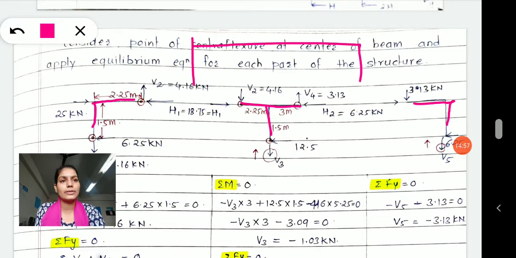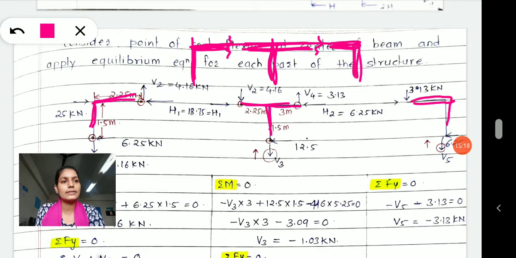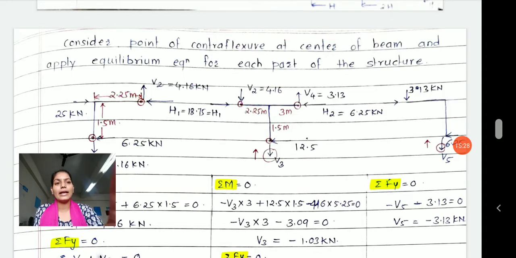See here, this is my total frame. I have considered my inflection points here, and I have considered this corner part here. I have taken this part, which looks like a T-beam, at the middle, and I have considered this corner part at this end. So this is my central part and the corner parts.